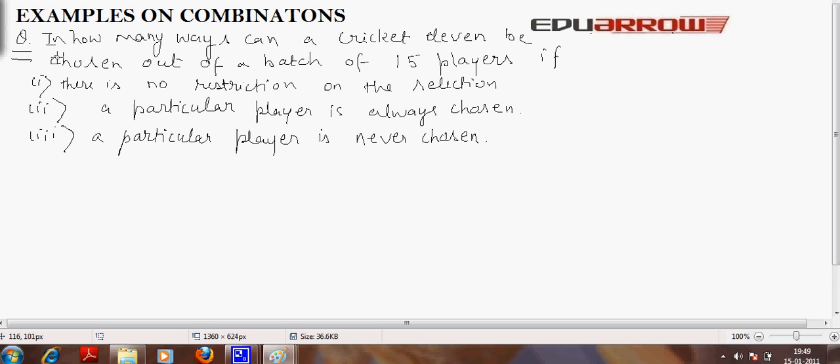Now let us consider one more example. In how many ways can a cricket team of 11 be chosen out of a batch of 15 players if there is no restriction on the selection, a particular player is always chosen, and a particular player is never chosen? Now let us consider the first case, that is there is no restriction on the selection. The total number of ways